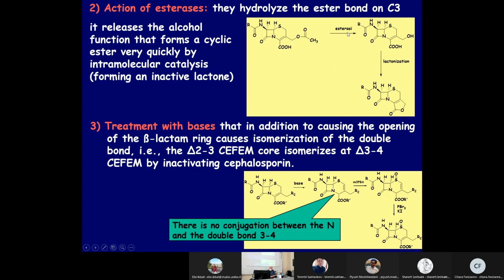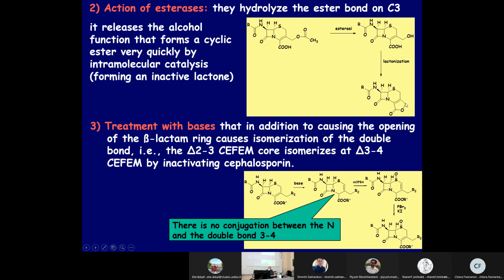But also esterases. Esterases are another class of ubiquitous enzymes present in our body. And esterases are able to hydrolyze this ester group, which represents a good leaving group, an optimal leaving group, because it is necessary for the biological activity to have a good leaving group in this position. And the esterases are able to hydrolyze this ester to give this alcohol function, which can